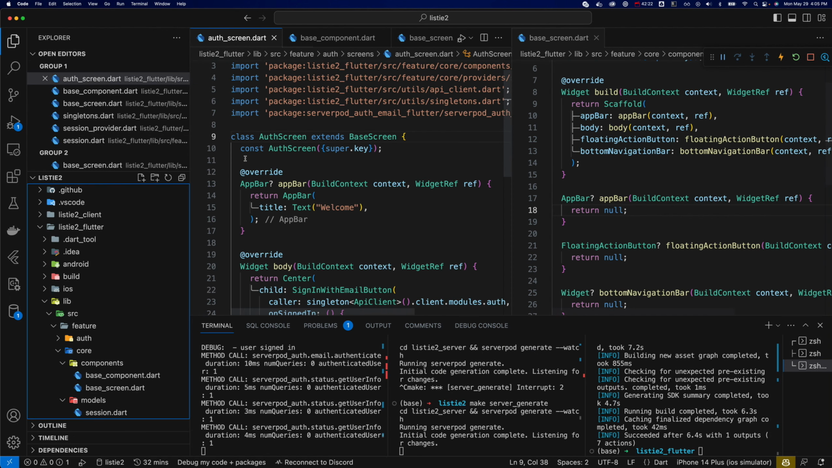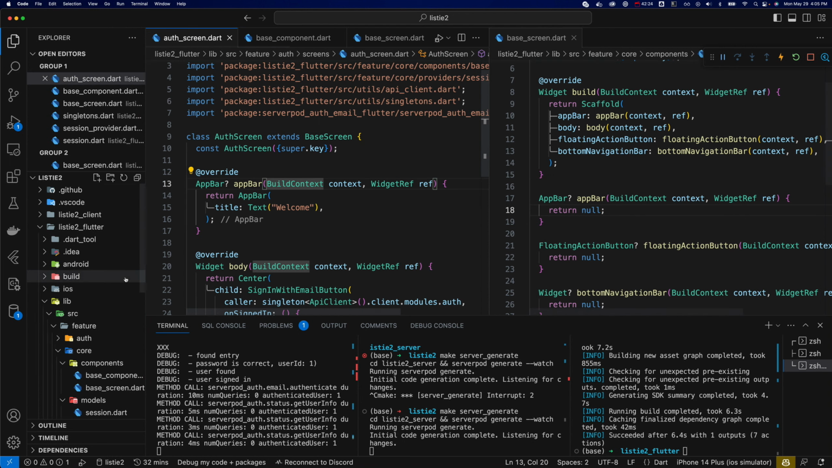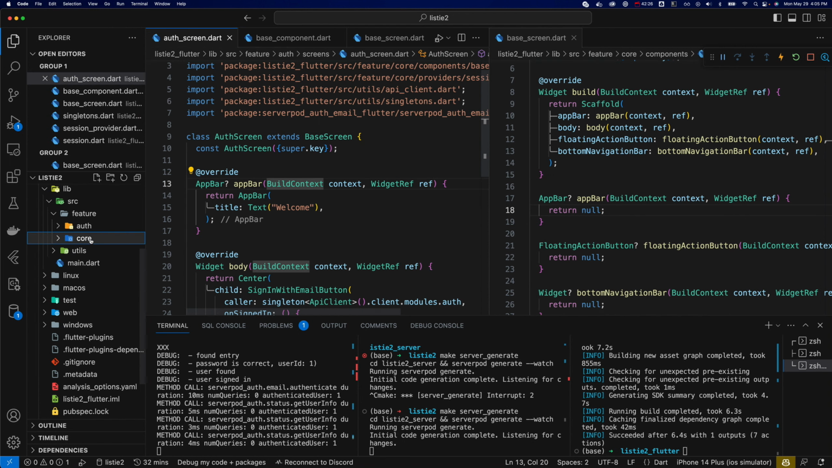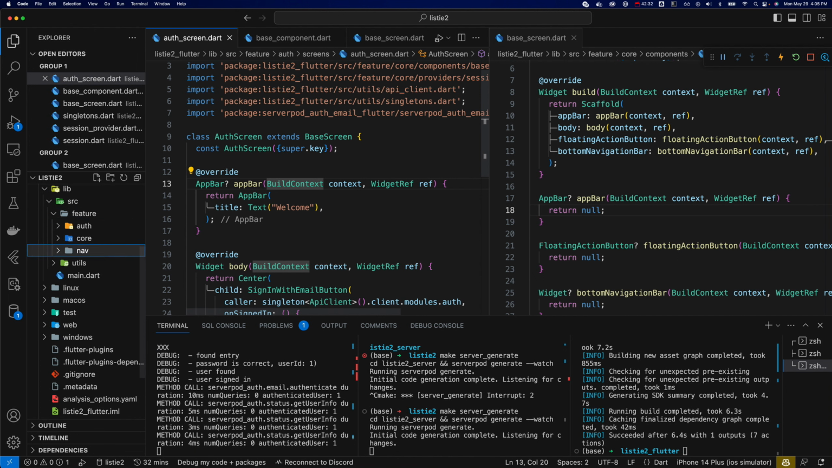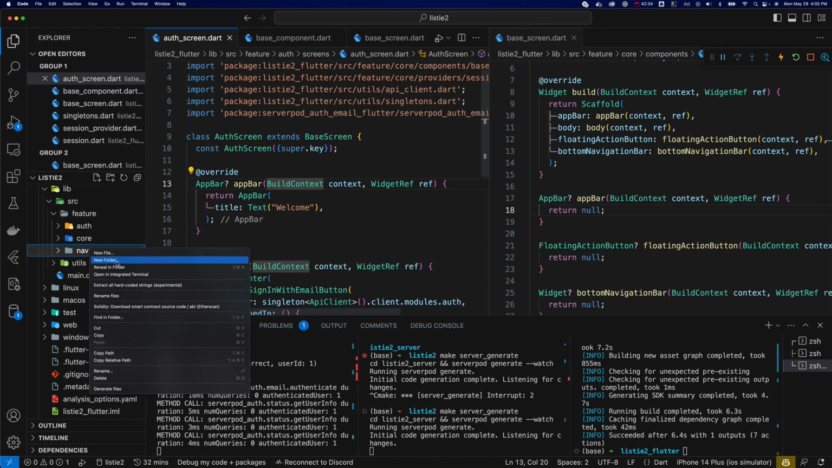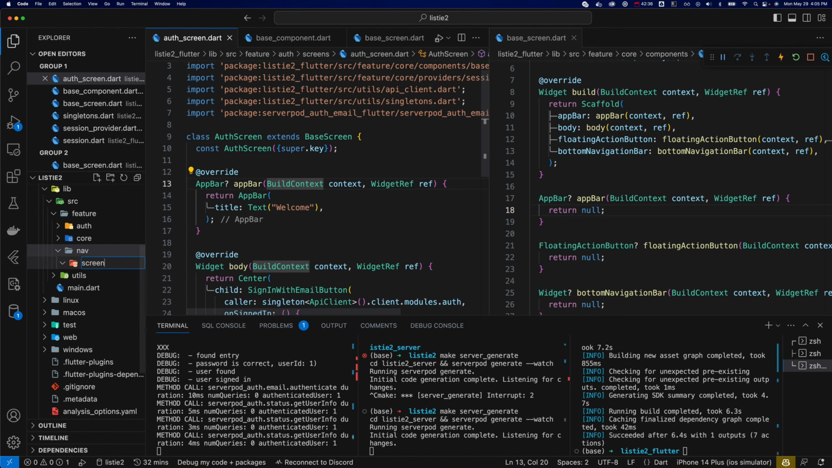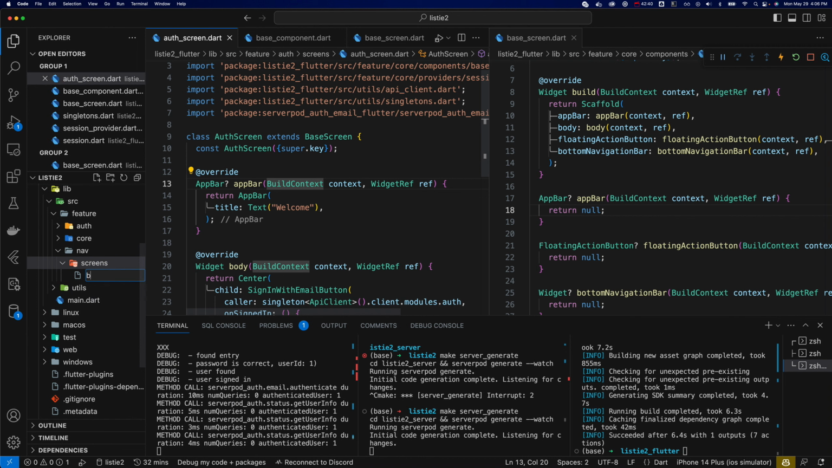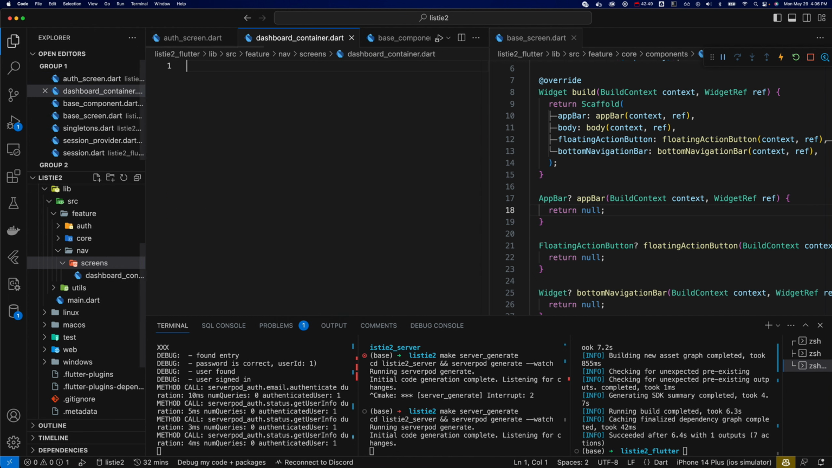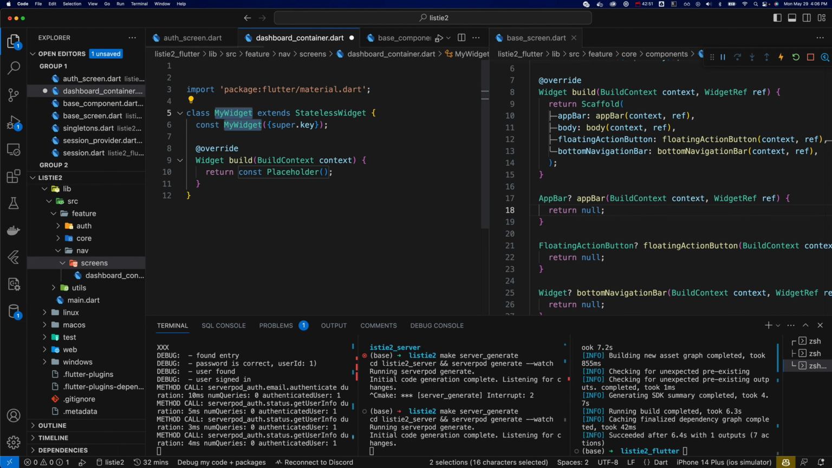So we have this auth screen. Let's create another screen, and we will put this within a new folder here, just called nav, and inside here, make a new folder called screens. Inside here, I like to use the word dashboard generally when you're in the part of the app after the authentication, and we're just going to call this dashboard container.dart, and for now we will make this a